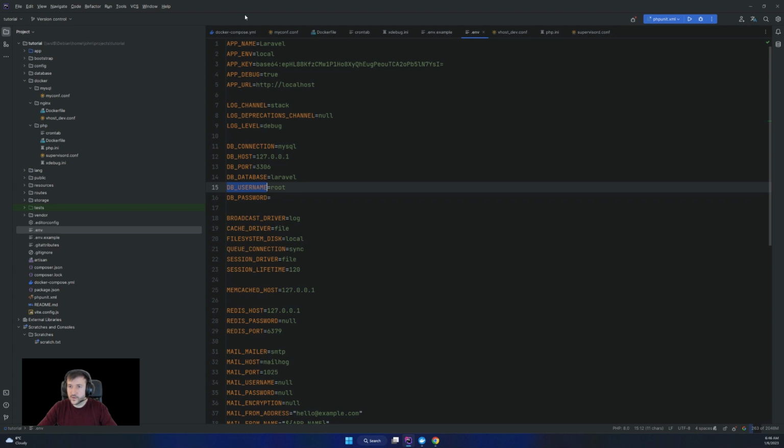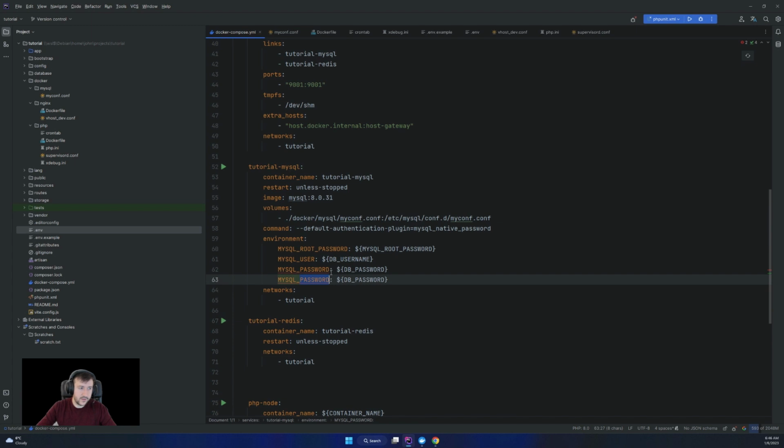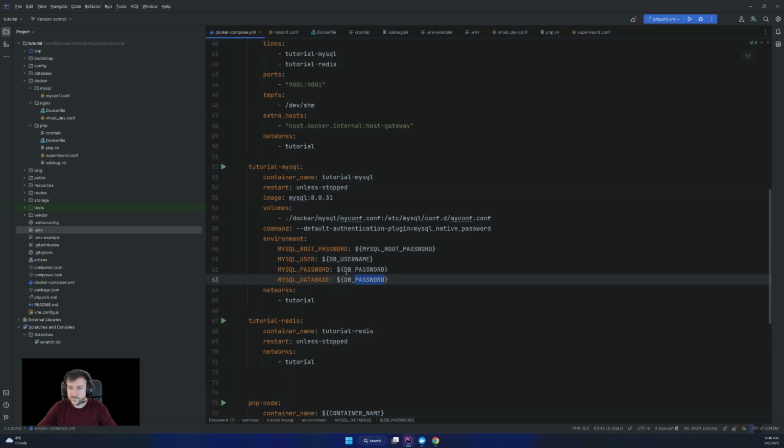This is what I'm going to add in here: DB username, and then we'll have password, and in here will be DB password, and then the last one, the database, which will be MySQL database, and in here will be DB database. Yep, DB database. And that's all for environment.